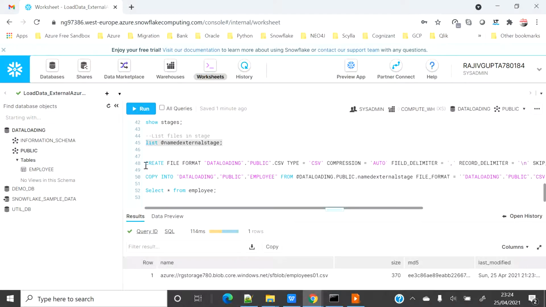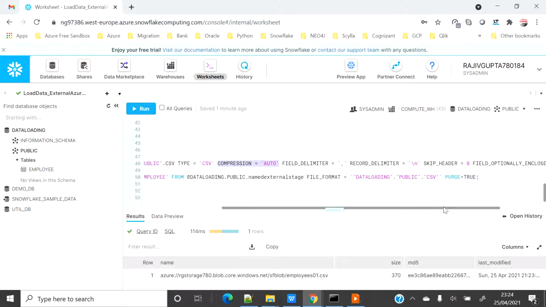So like earlier, to upload any data into the Snowflake table, I need to create a file format. So basically, to create a file format, as you are aware, I have to define a name for the format. I have to provide the type, meaning the format of the file which you have uploaded, like in my case it's CSV, and whether you want to go ahead with the compression as auto detected by Snowflake, or you want to provide something specific. What is the file delimiter, what is the record delimiter, do you want to skip the header, yes, no. So basically you have to provide 0 or 1, how many records you want to skip.